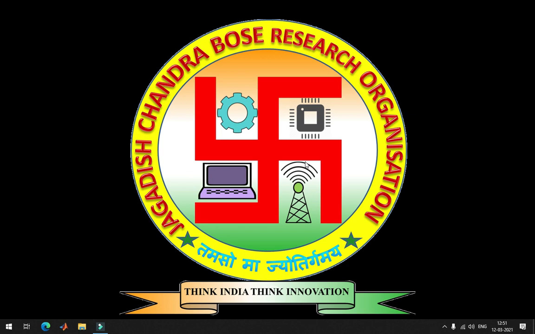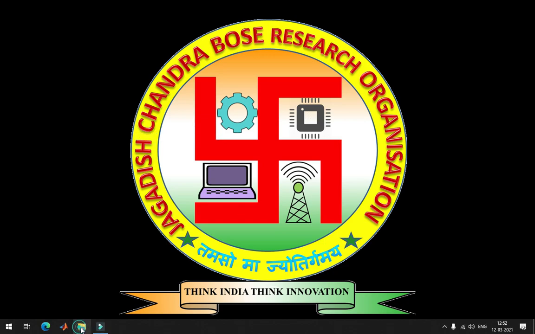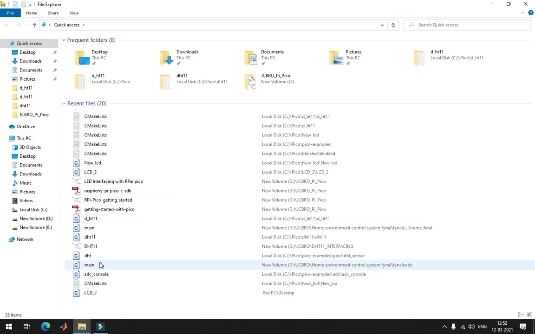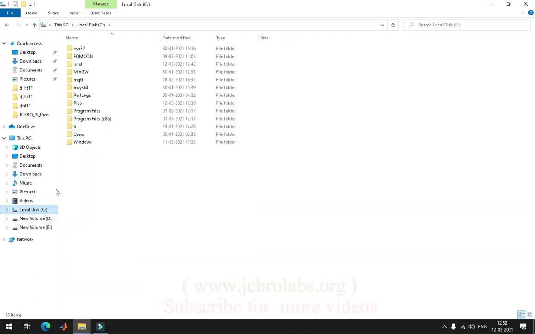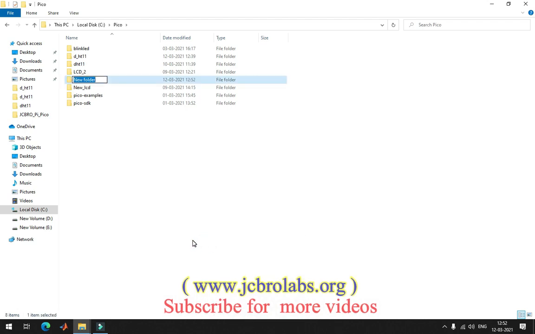Today we learn how to interface a 16x2 LCD with the RPi Pico microcontroller. So let's start here. Open your Pico folder in C drive and create a new folder, and give it the name my LCD.